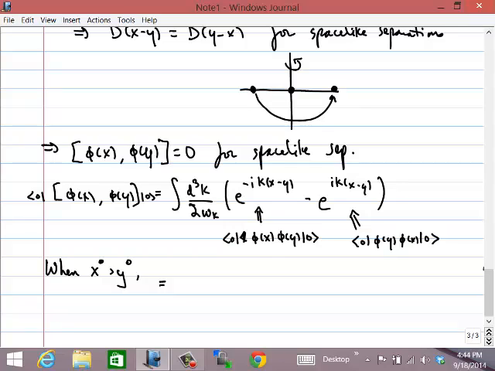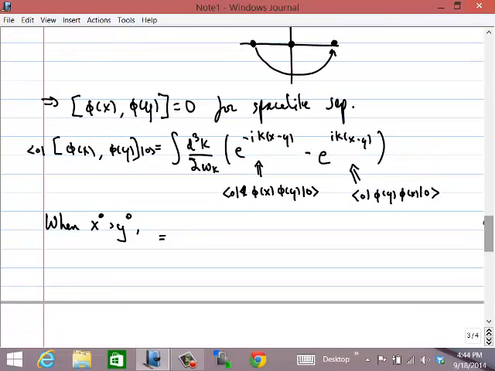And what I'd like to do is rewrite this expression for the commutator in a way which is a bit more manifestly Lorentz invariant. So I've written it here as an integral d3k over all of the spatial momenta, but I don't have an integral over k0 or omega. So what I'd like to do